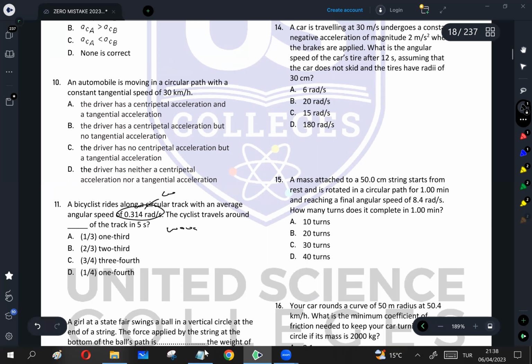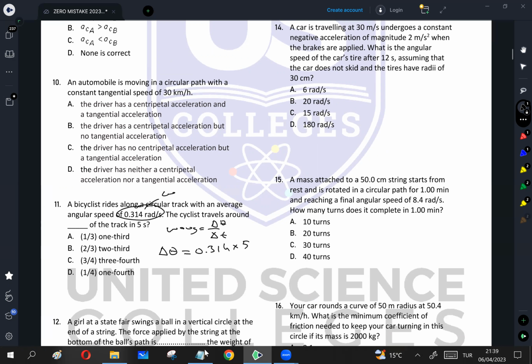Omega average is given by delta theta over delta t. Cross multiplying, we will calculate delta theta. Average angular speed is 0.314 multiplied by 5. But this is in radians. So 0.314 times 5 is